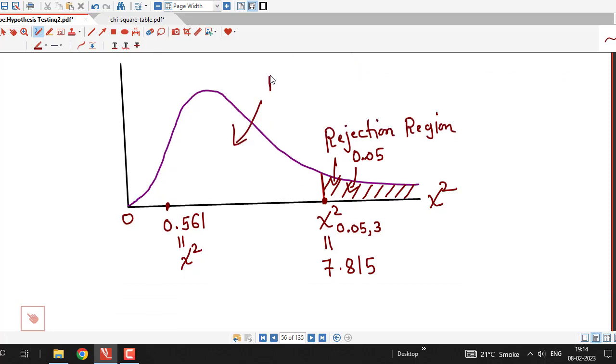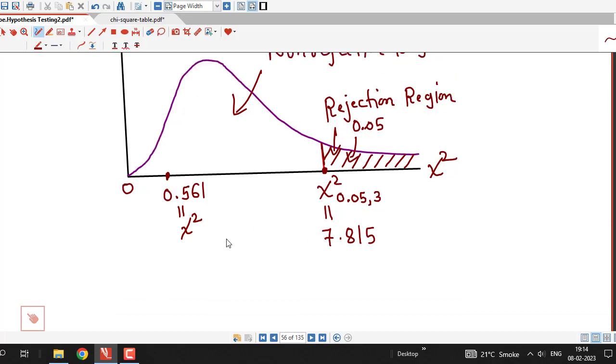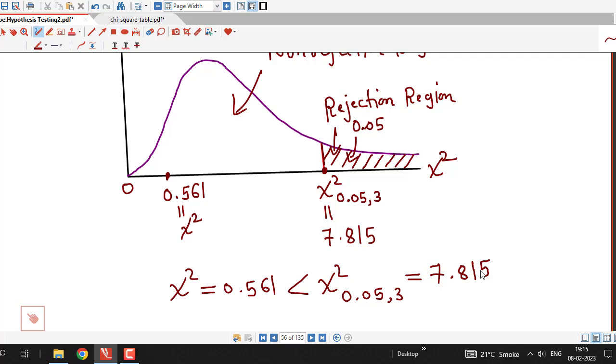It is obvious that the calculated value of the test statistic is in the non-rejection region, or we can write that the value of chi-square, which is 0.561, is strictly less than the chi-square critical value at 0.05 level of significance and 3 degrees of freedom, which is